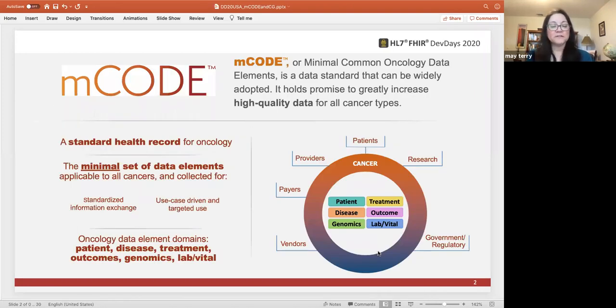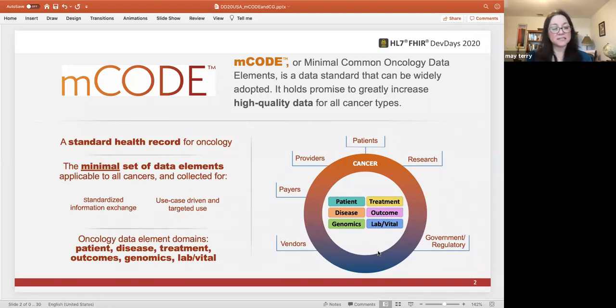So for those who are not familiar with mCODE, as mentioned before, it's the minimum common oncology data elements. And it's a data standard that when it was originally conceived back in 2018, really came down to the question of, in particular for EHRs, what would be that minimal set of oncology-related data elements that we can have in order to help improve interoperability among providers? Again, I think the operative term here is minimal, a minimal set of data elements. And with that,